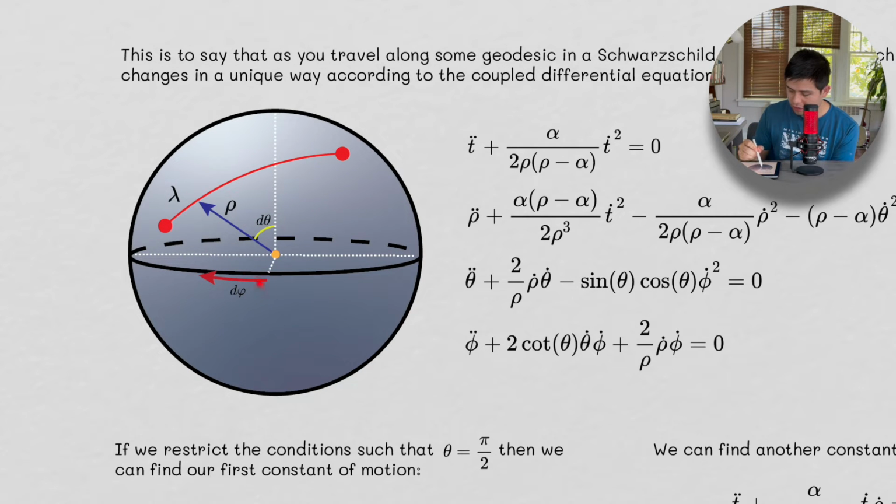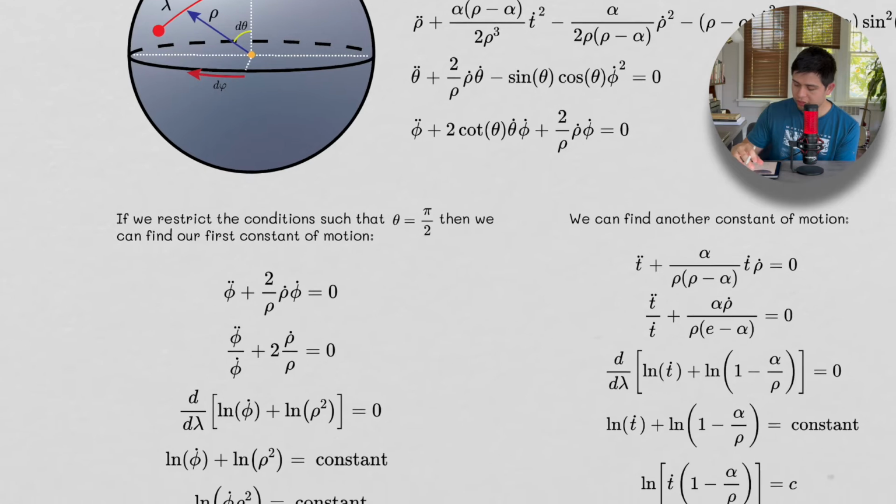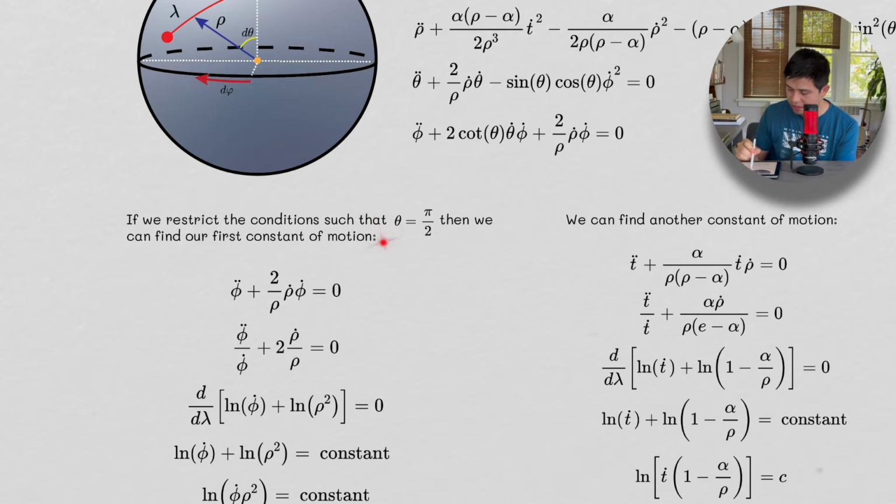And in our picture here, here's our geodesic. Here's one of our angles. Here's the other angle, and here is our radius, our Schwarzschild radius. The Schwarzschild radius is really the thing that we're going to be primarily interested in. Okay. So we're going to restrict the conditions such that we're restricted to the